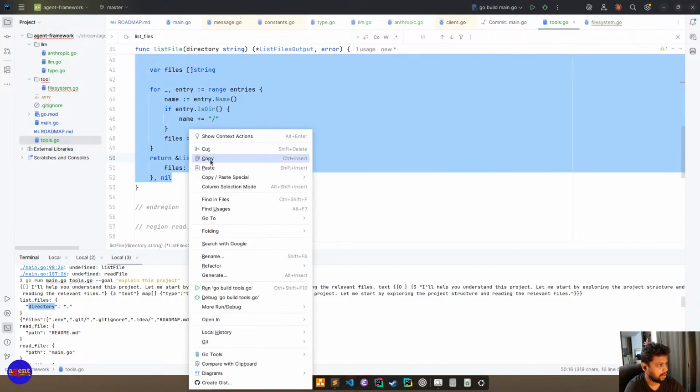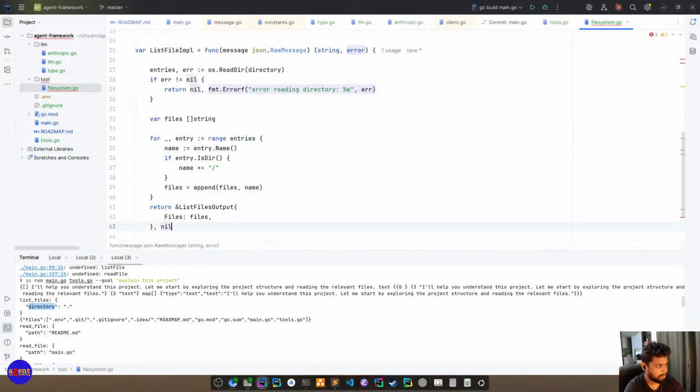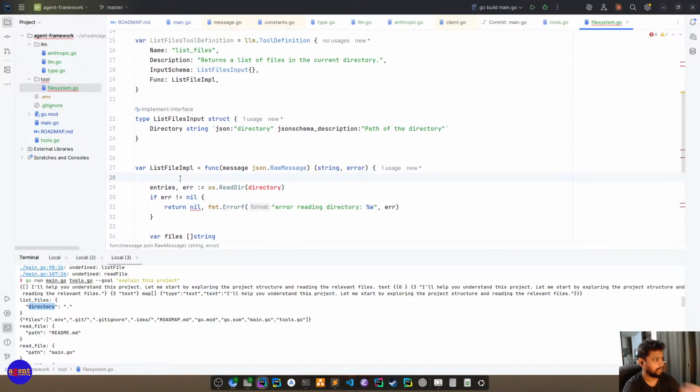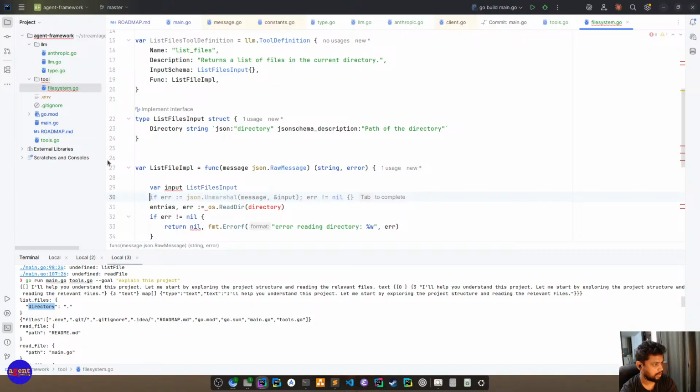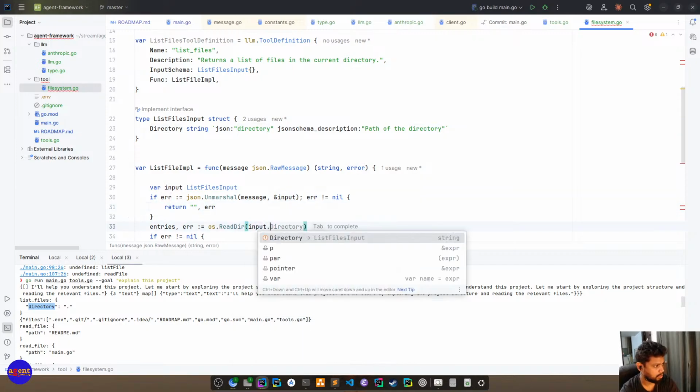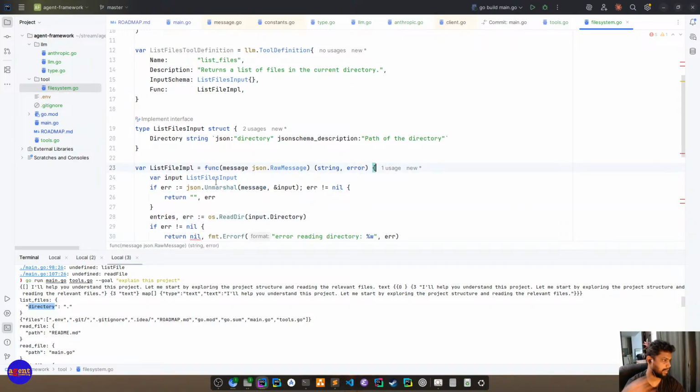Implementation of this file should be, so pull it from there, but first you don't have directories, right? Our input is list file, JSON unmarshal, return error. Okay, this is fine. Then here we can do input dot dir. This is easy, right?